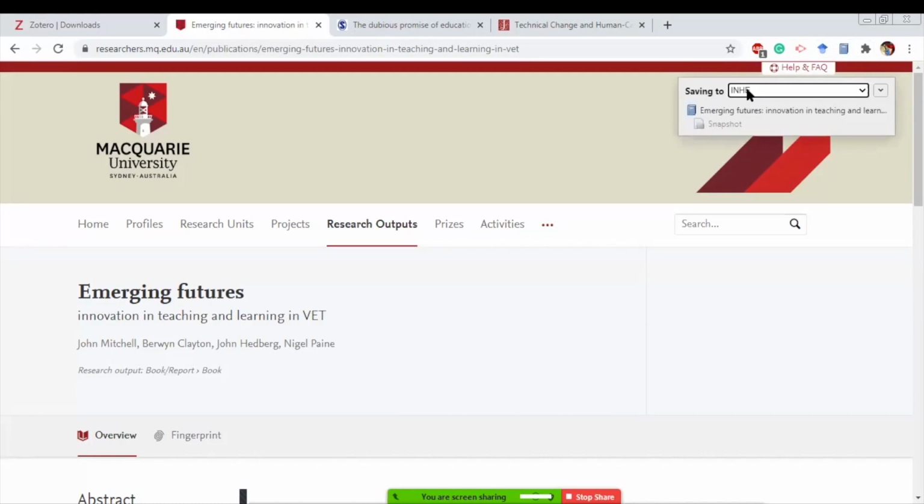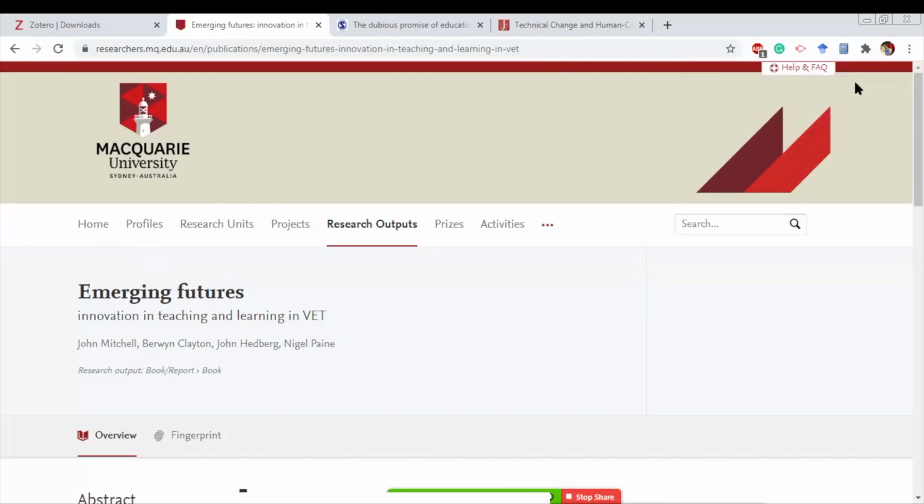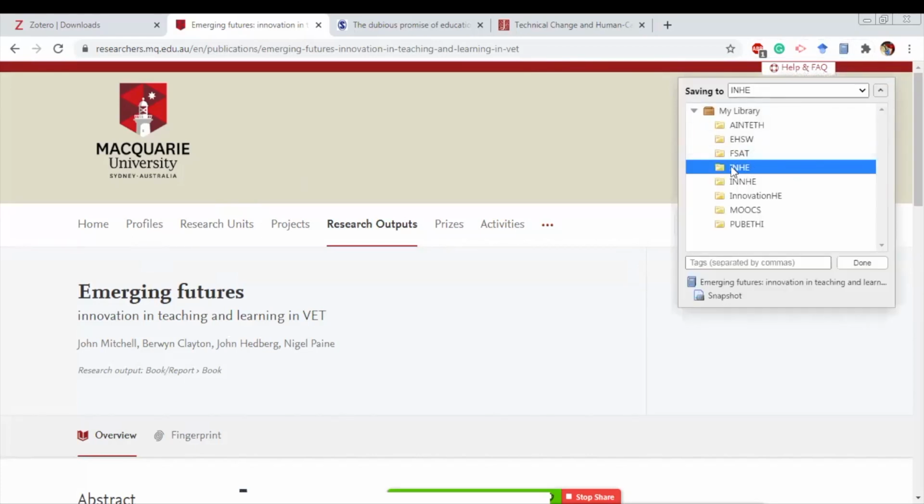It says you can save it to INHE. Okay, this paper, if it is available, say in a PDF, or if the full version is available, I can do it. If not, the abstract and other details will definitely be there. So this is the folder in which I really want it to be done.